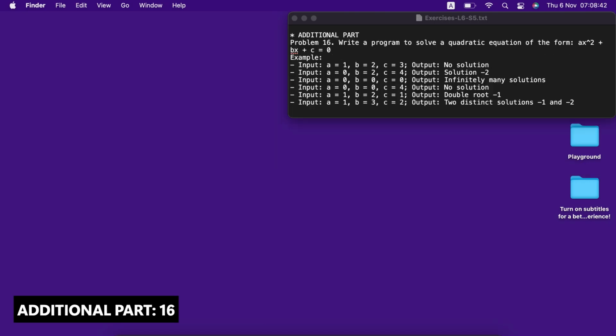Additional part. Problem 16. Write a program to solve a quadratic equation of the form